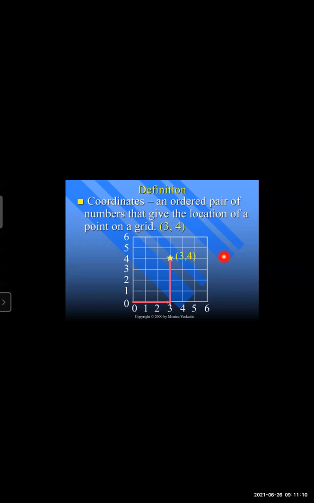Okay, students. So coordinate means ऑर्डरली पेयर नंबर रहते हैं जो हमें लोकेशन बताते हैं पॉइंट की ऑन द ग्रिड. ग्रिड टू टाइप्स की, एक्स एक्सिस एंड वाई एक्सिस. Meaning horizontally is called the x axis and vertically is called the y axis. So this point is 3 distance from the x axis and 4 distance from the y axis. That means it locates the position of the point on the grid.